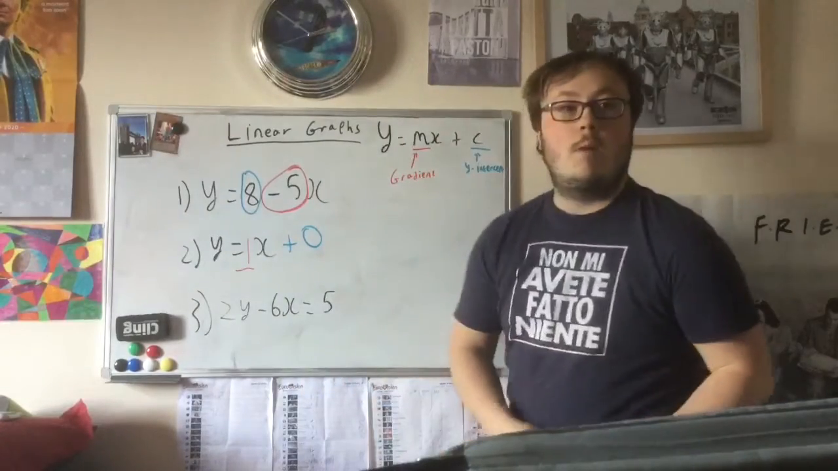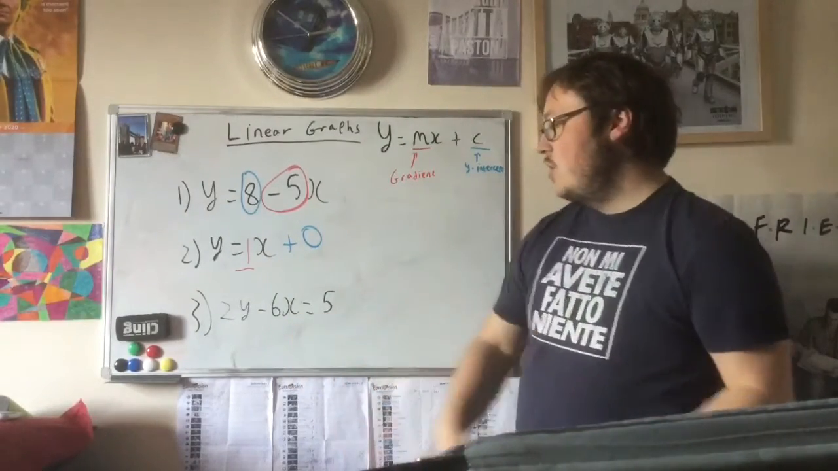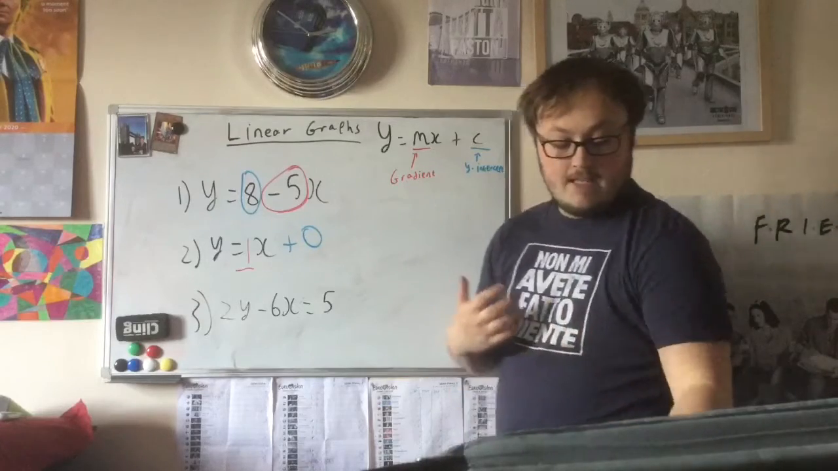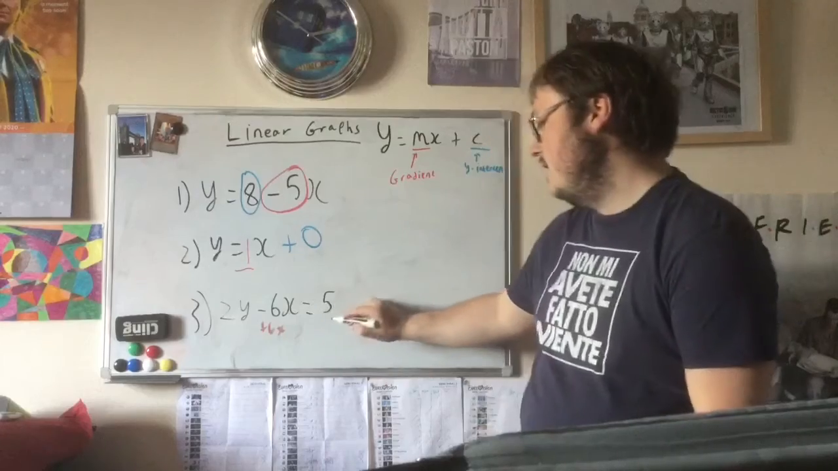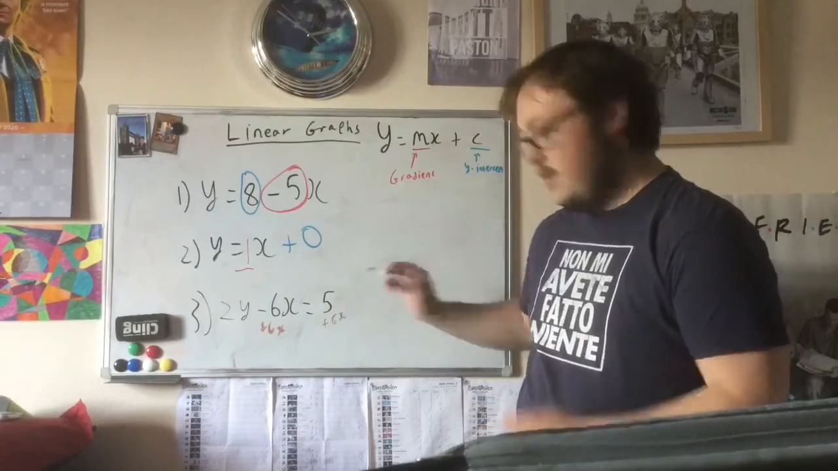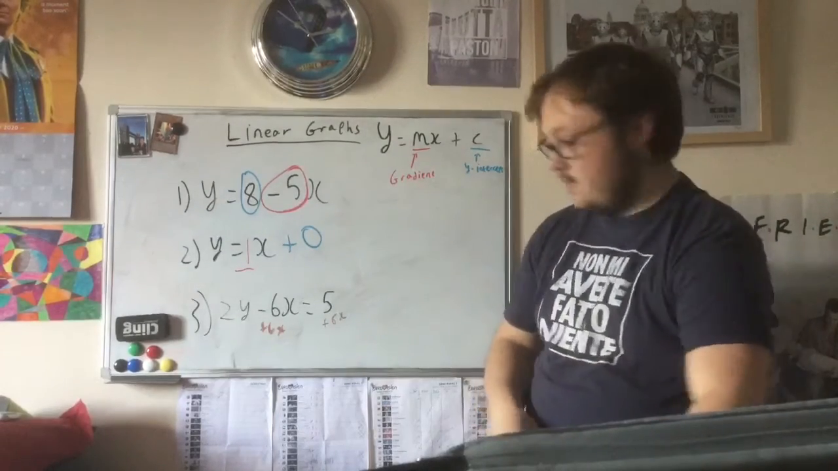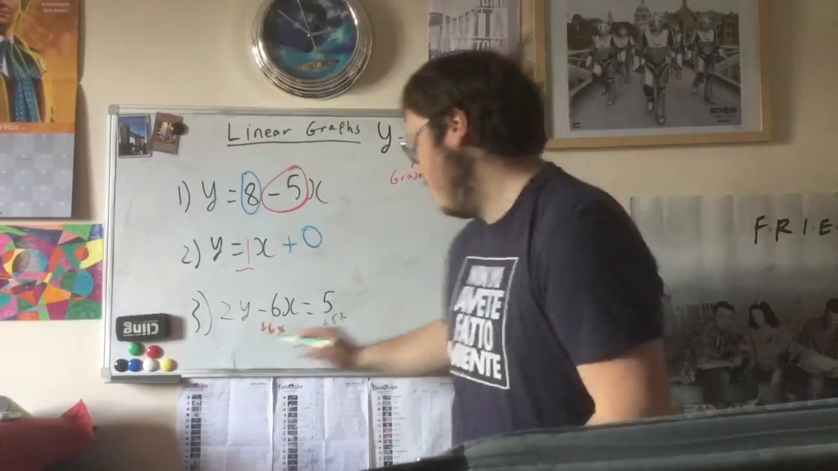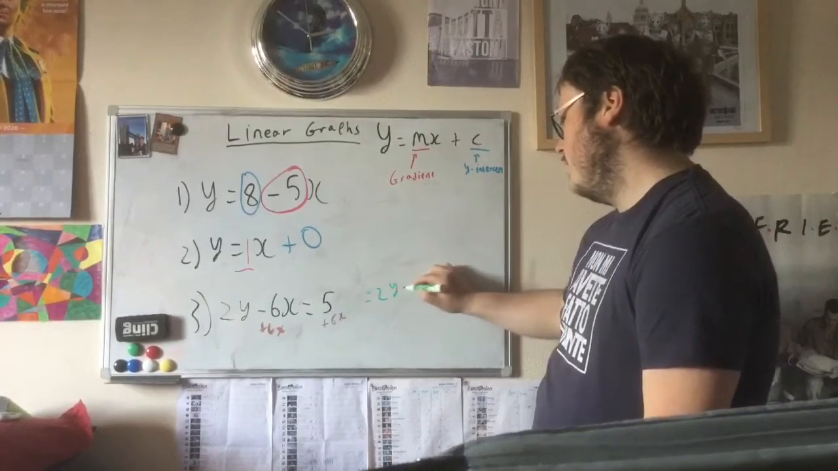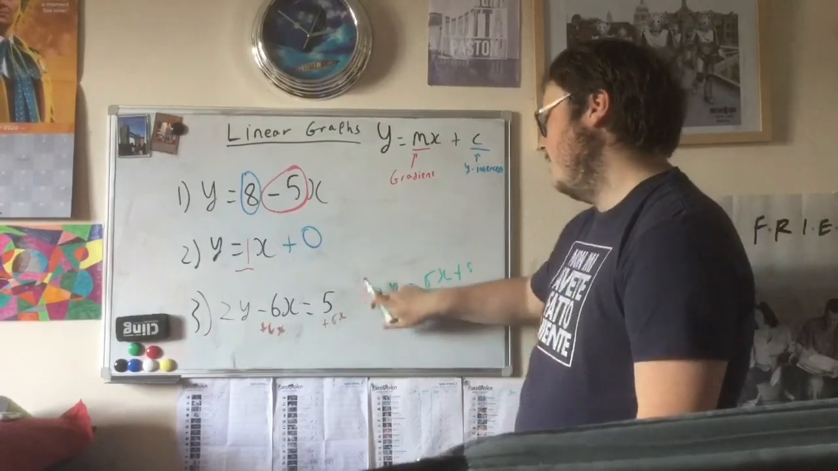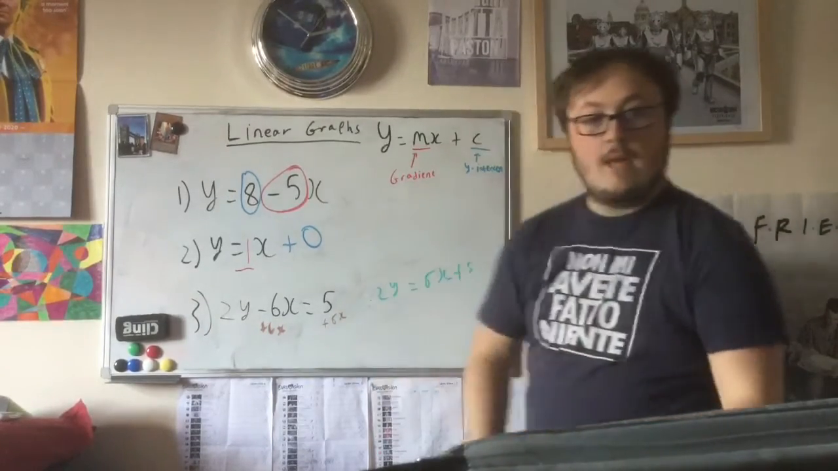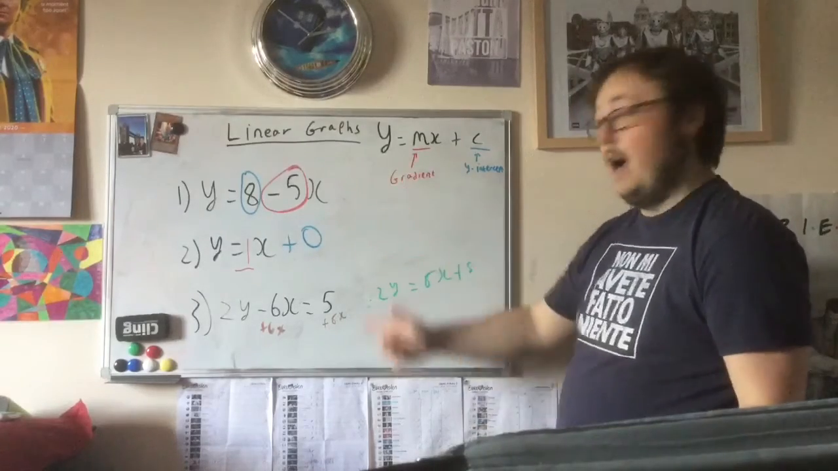Now for the final one, where we'll have to do some balancing. 2y minus 6x equals 5. Let's balance it out first by moving the 6x onto the other side by adding it on both sides. So that becomes 2y, I'll move it over here, equals 6x plus 5. And then to balance it out, because we have to make the y, not 2y,